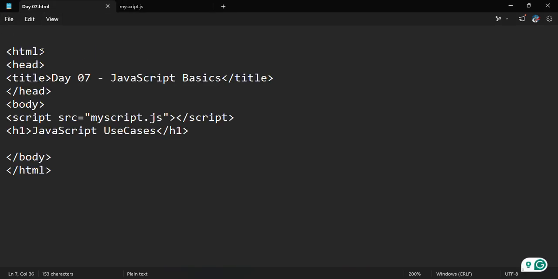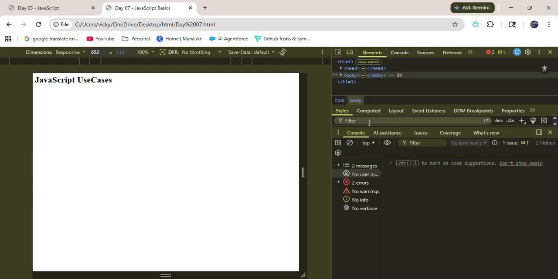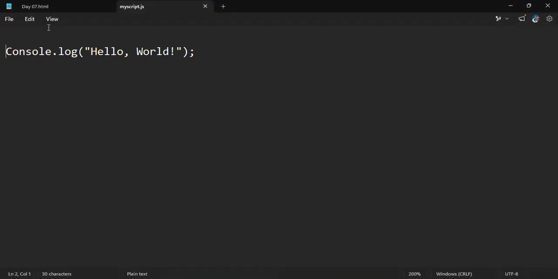So here we have written the HTML. Inside that HTML we added the header, and the title also, and closing tag, and the body. Inside the body we are calling that script, and the heading also there. So we don't have any wrong code, right? So here also we are done. So anyone observe here why we cannot show any values here? Because here we added the capital letter, because this JavaScript